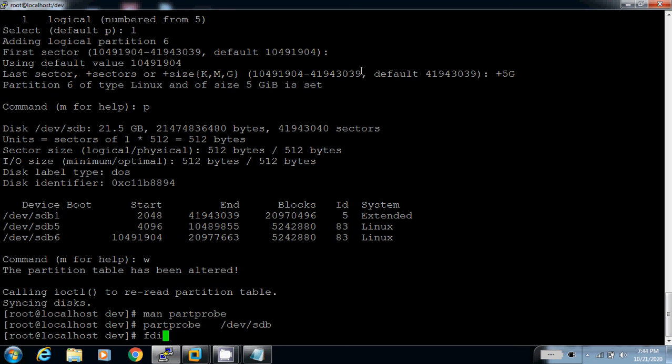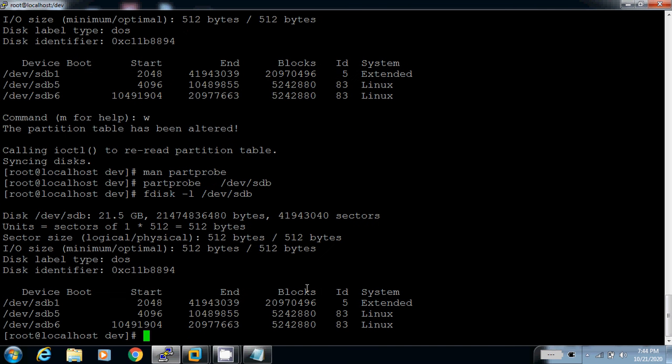Now list the partitions, fdisk -l /dev/sdb. Now see, there are two partitions, sdb5 and sdb6, which are usable.